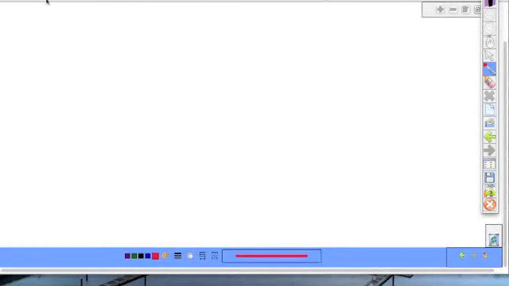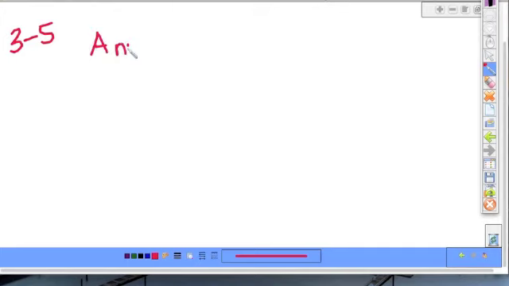All right, class. This lesson is going to be 3-5. We are dealing with inequalities and how to put together inequality statements. Statements are kind of like an equation that's been written out in words, and you need to put them into numbers and letters. So if we have something that looks like this, a number